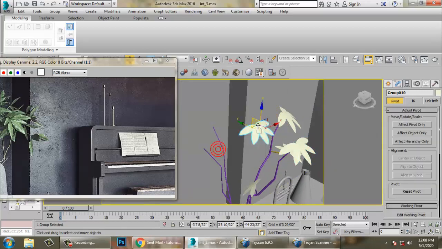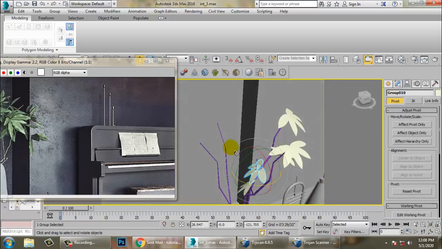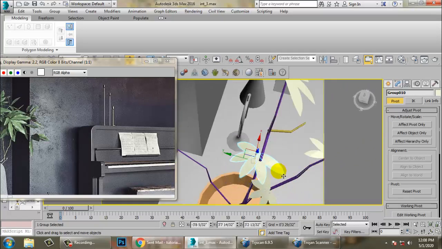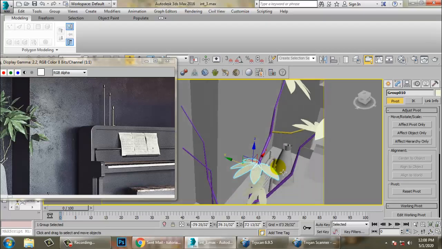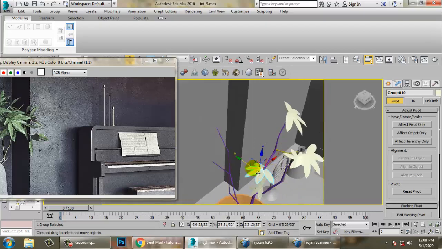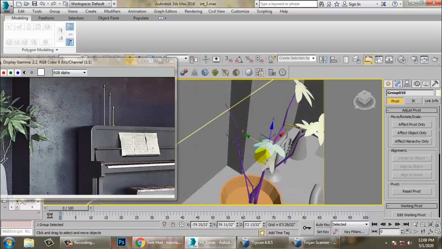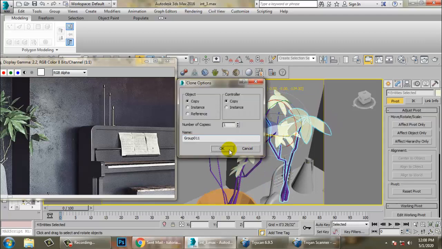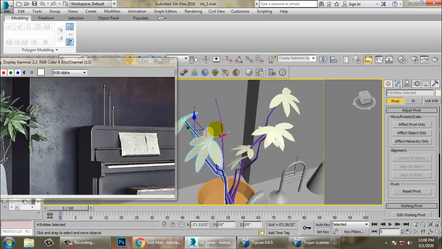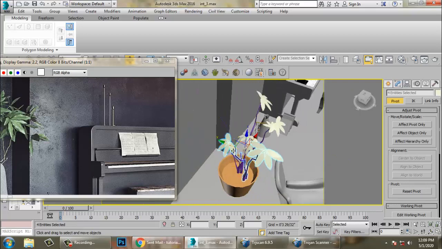So just again make a copy of it. Just paste it. I just rotate it. Make a copy of it.